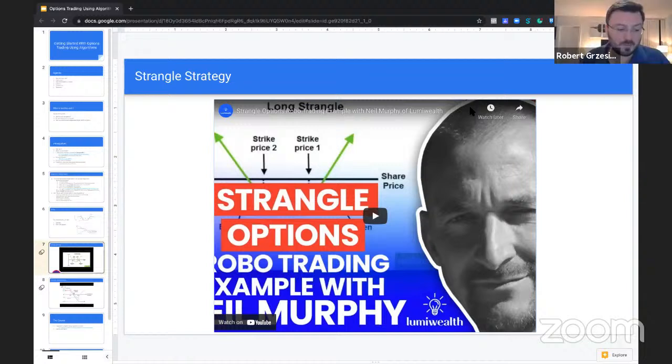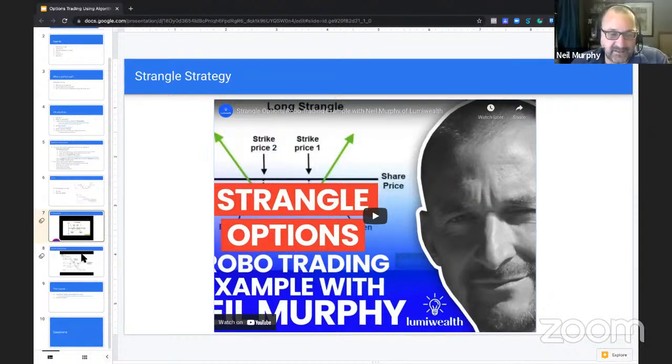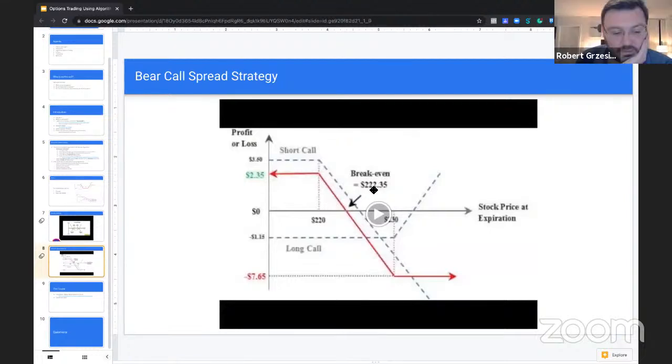Cool, awesome. I'd love to see some backtests of this. Do you have any backtests ready, by the way? Like set up right now? No, I don't. Okay, cool. Yeah, sorry. Okay, no problem.